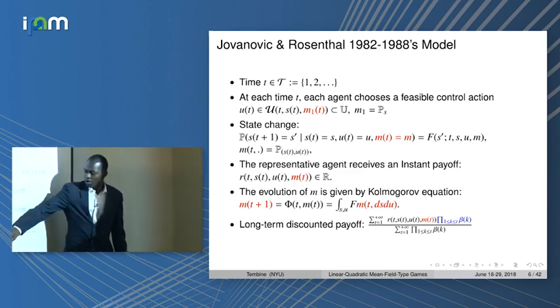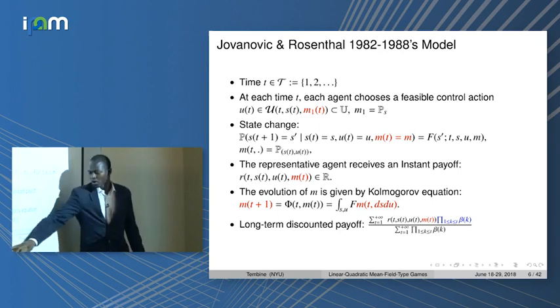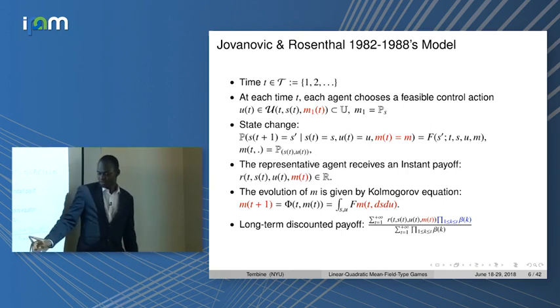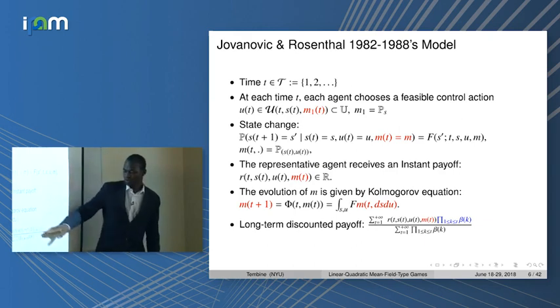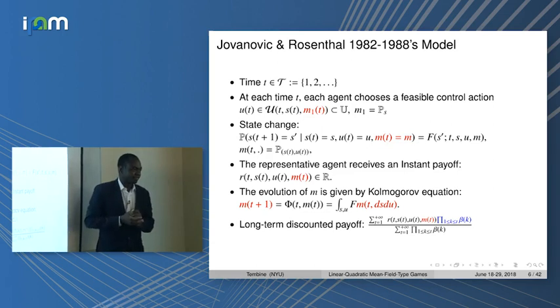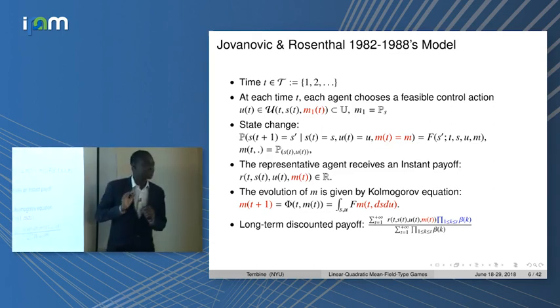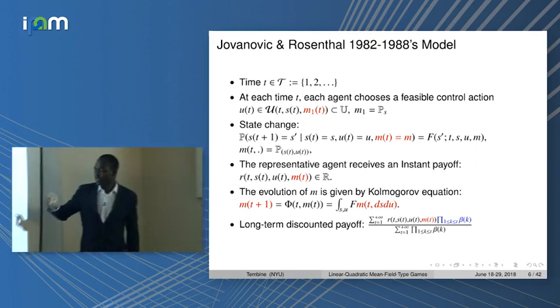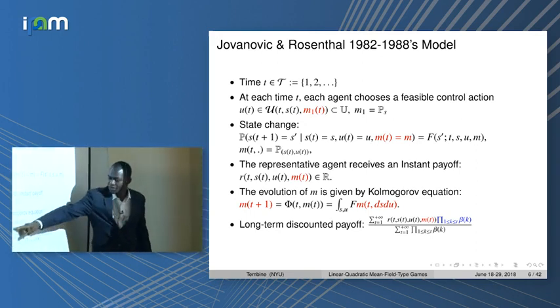Now, the running cost, the long-term cost, is with a discount factor in his paper. If you choose the same factor beta, then you get beta to the power t. You sum all the beta to the power t's. Beta is less than 1, you get 1 minus beta. So that's why you get this normalized form. This is called discounted payoff. Beta is between 0 and 1, so that this summation makes sense. Now, that agent is going to optimize this object here.